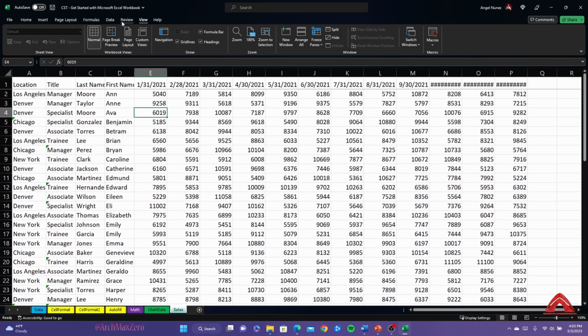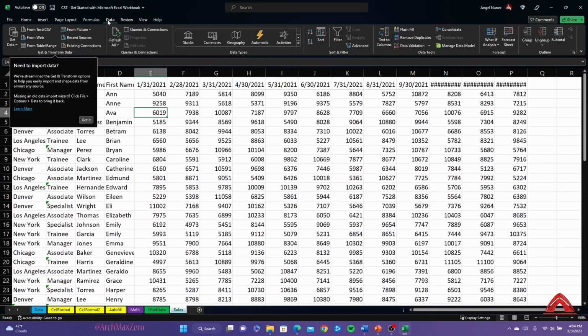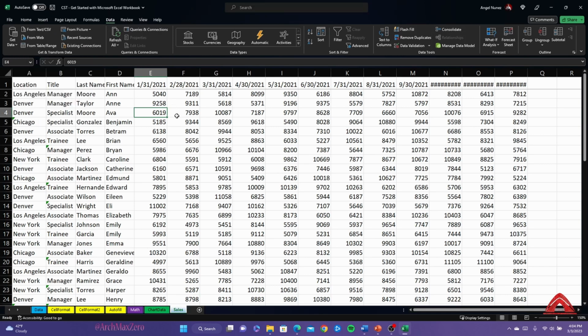Now, if I go into my data tab, I can also organize this a bit so it could look a little bit more cohesive. And in this case, we're going to spend a little time here on our sort and filter. Within our sort and filter here is where we're going to go ahead and now sort this out. So I'm going to click on sort,